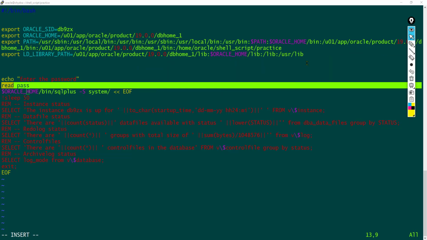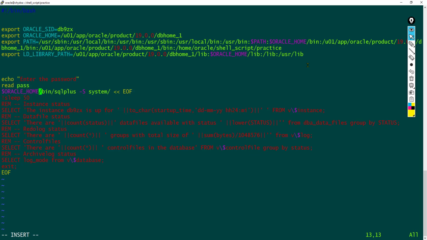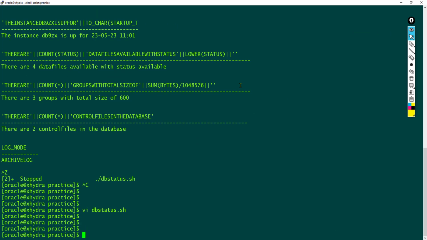Now let us see how this works. Instead of specifying my password, I'll just say $pass. That's it. Here, if someone else sees the script, they may think that $pass is the password, but in reality, $pass is a variable. The original password is stored inside this variable, so the user cannot get the original password. Now if I execute this script,